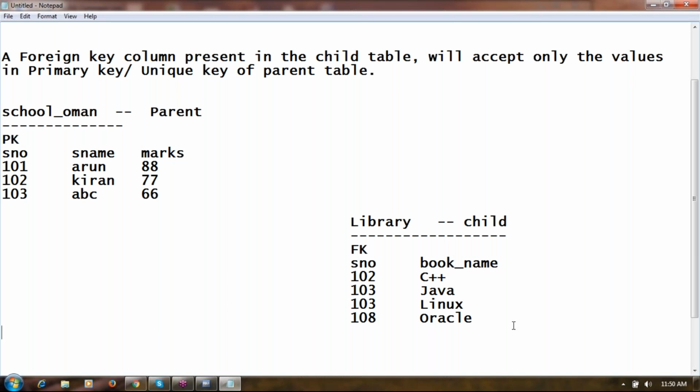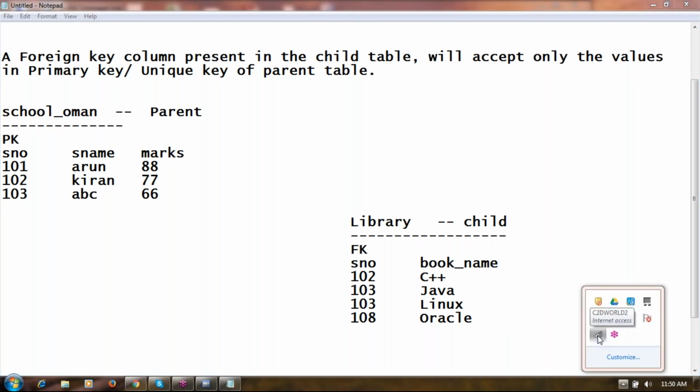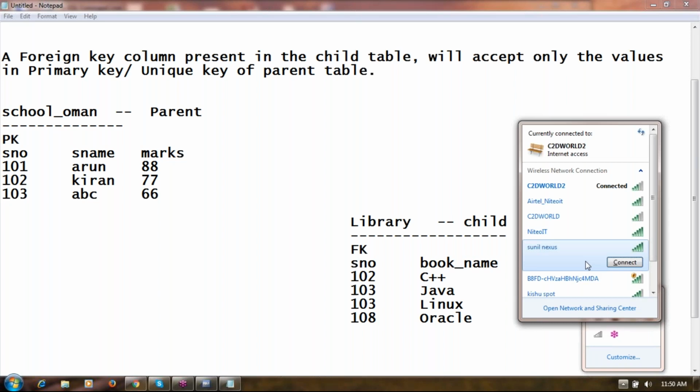I am in Cognizant premises. That's the reason I'm facing these kind of issues. So, what's happening in Cognizant? That's an IT company. They have to take the interview. Achha, you'll be taking the interview? They want to recruit Oracle people.